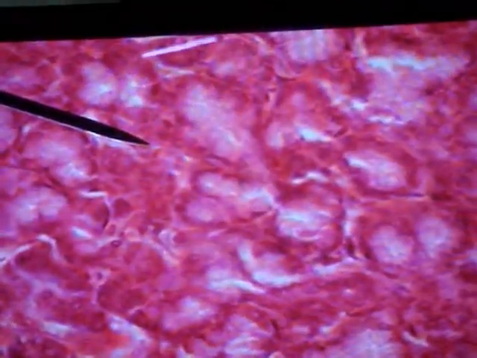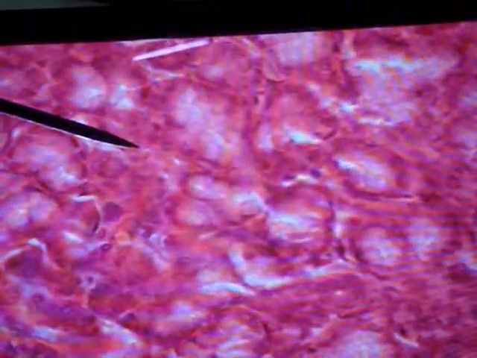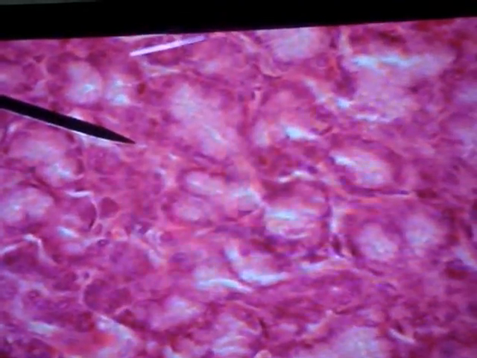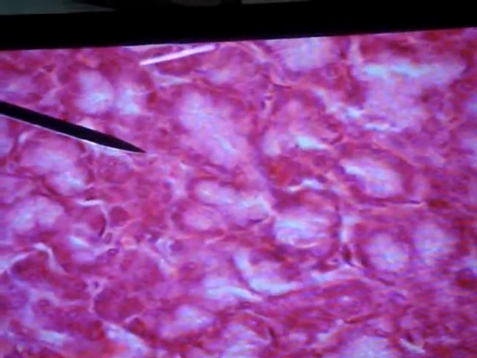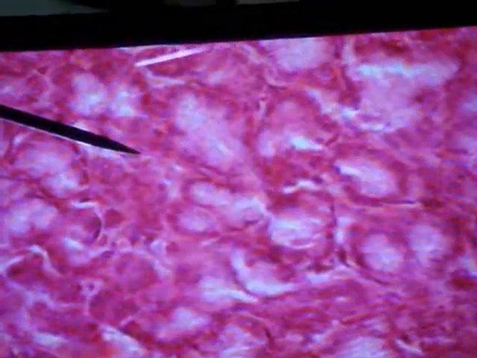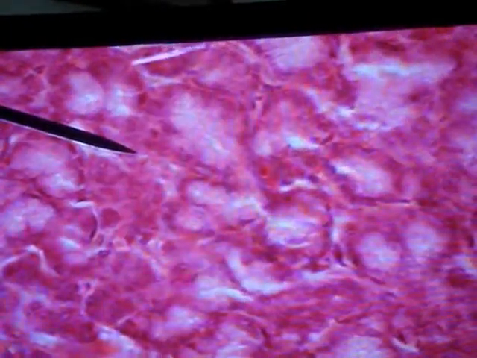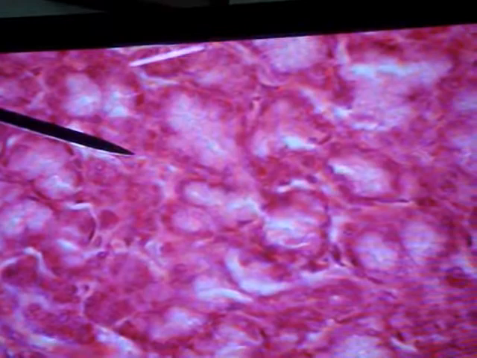Okay, so in that statement, all that we can say is that submandibular gland is mixed, not predominantly serous. When you say predominantly serous, that means it is parotid. In comparison with the sublingual, the submandibular has more serous.